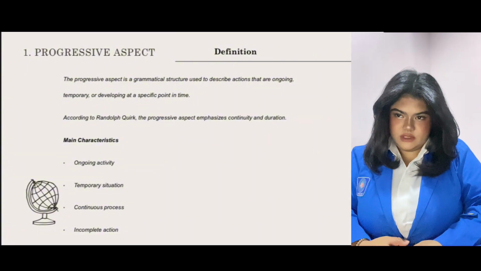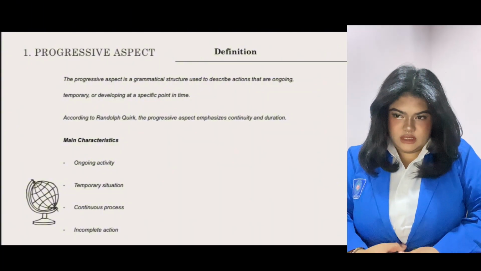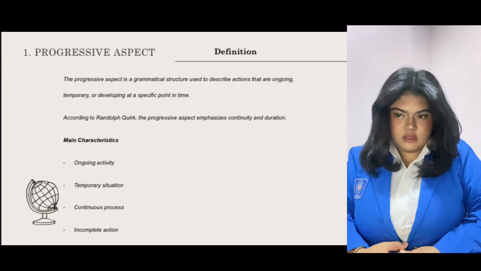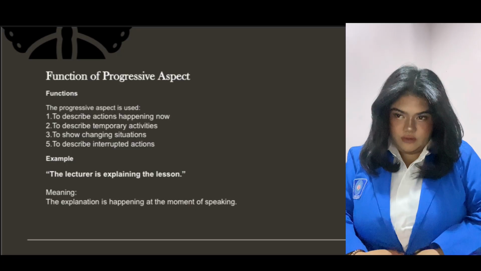The progressive aspect is a grammatical structure used to describe actions that are ongoing, temporary, or developing at a specific point in time. According to Randolph Quirk, the progressive aspect emphasizes continuity and duration. The main characteristics are: first, ongoing activity; second, temporary situation; third, continuous process; and the last one is incomplete action. For the function of progressive aspect: